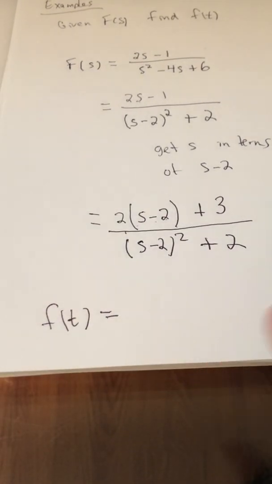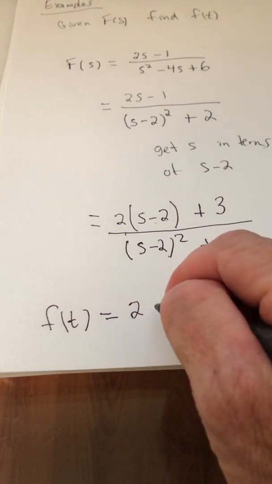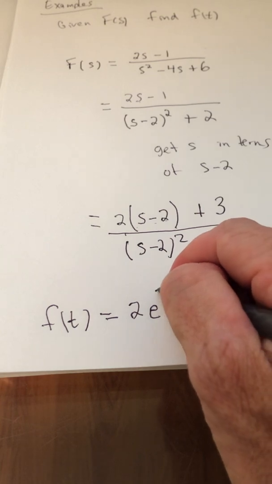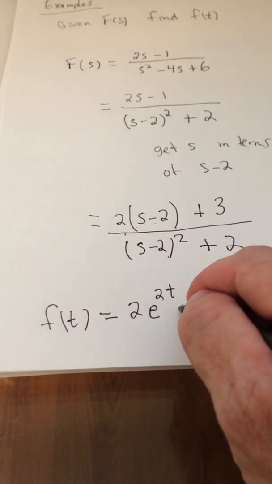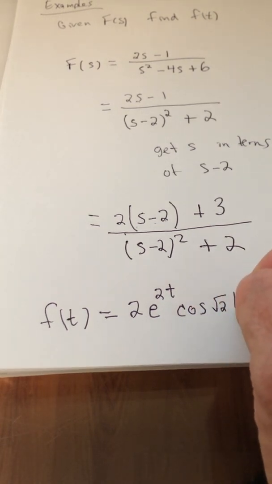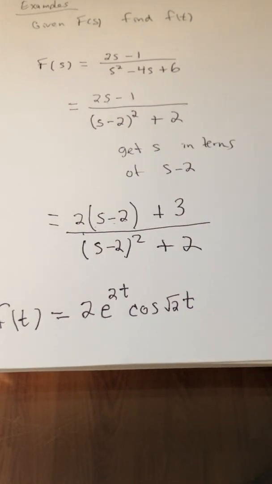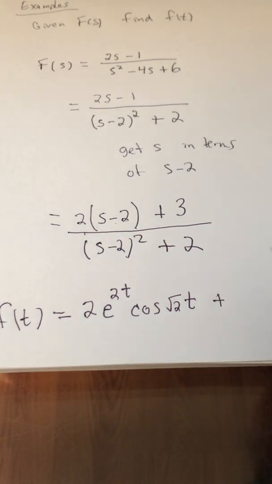f of t is 2 e to the 2t times cosine of the square root of 2 times t. a is the square root of 2 in this case, plus